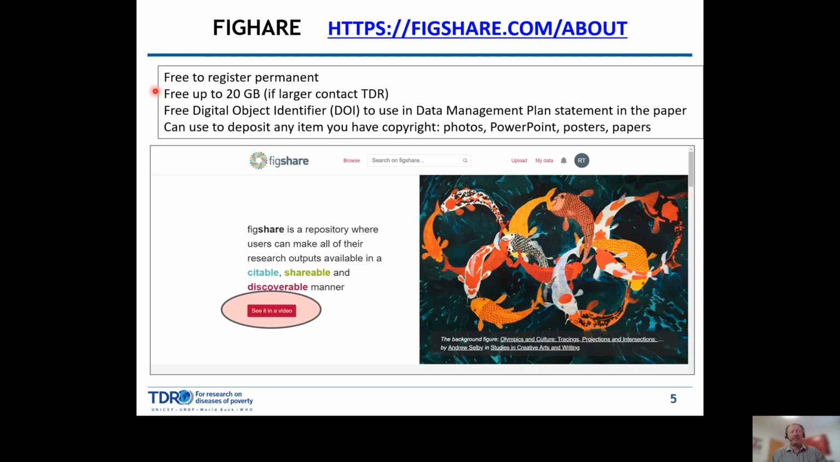But if your data set somehow is much larger than that, then contact us at TDR, and we'll have to have a rethink about where we could put the data. What it gives you is this thing called a DOI, a digital object identifier. And this is a unique and permanent URL to your data that you then use in your data management plan